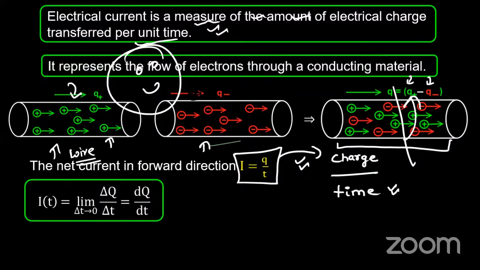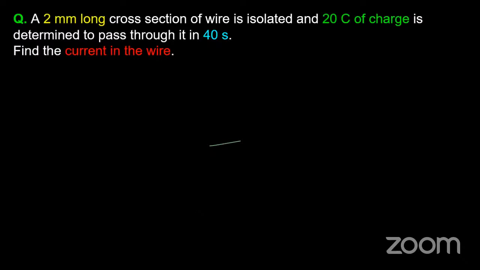Okay, and current is given as dq by dt like this. The SI unit is ampere, you must all know. Let's solve a question. If you got this thing,